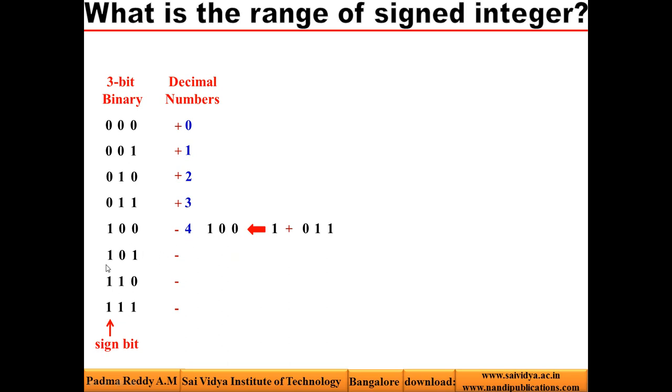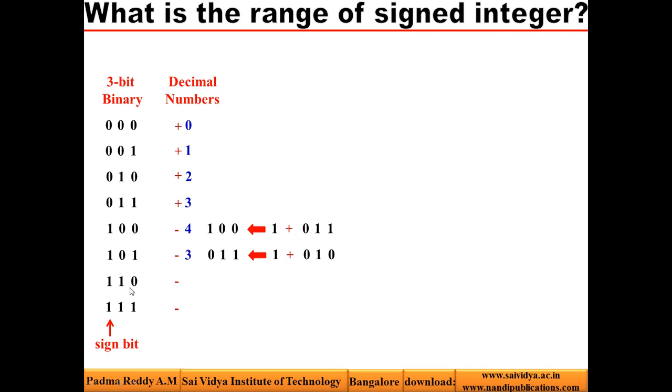Now tell me how you get the original number. To get this number, take 2's complement. What is 2's complement? First take 1's complement. What is 1's complement of this? 0, 1, 0. That I write here, 0, 1, 0. For that 1's complement, we add 1 to get 2's complement. So what is the answer we get? 0, 1, 0 plus 1 will be 0, 1, 1. Tell me what is the meaning of 0, 1, 1? We know that it is 3, so I write 3.